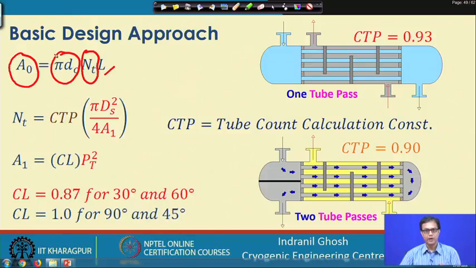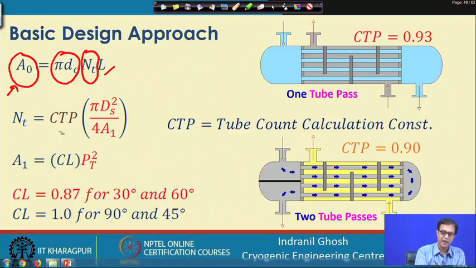So n-t tubes, each of length L, each of surface area pi d 0, gives you the total heat transfer surface area A 0. But it is not all, because for this n-t, from here you will find that this pi d square by 4